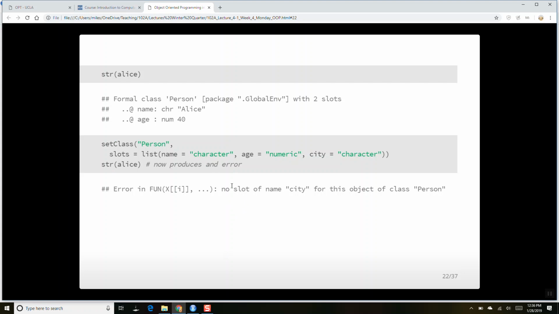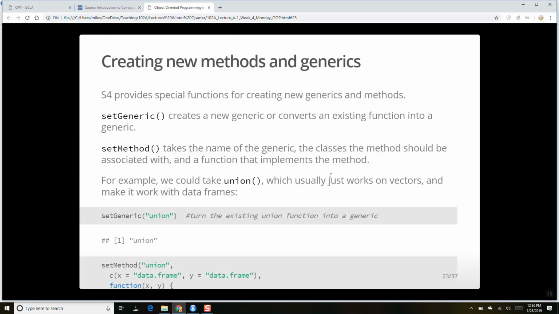This is a silly scenario, but according to our rigid structure, this doesn't count as a person because it only has a name and an age, and it doesn't have a city, so this throws an error, right? No slot of name city for this object of class person, right? And I like how they put person in quotes. So that's what's happening there, okay?